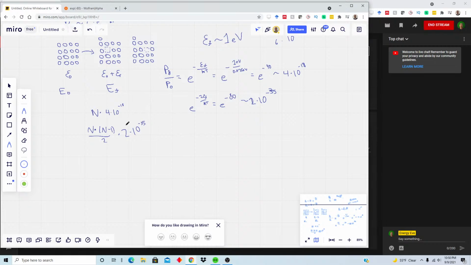And so when we actually want to calculate the probability of having little n defects given big N number of atoms in our system, then the probability of this occurring for one microstate is going to be